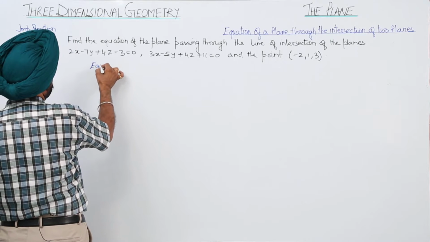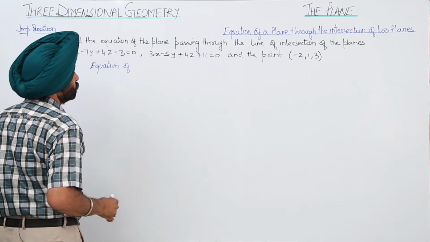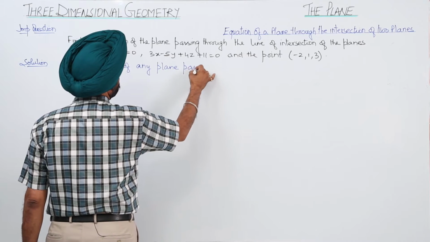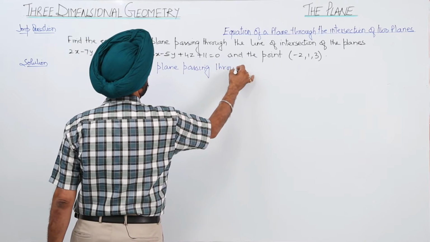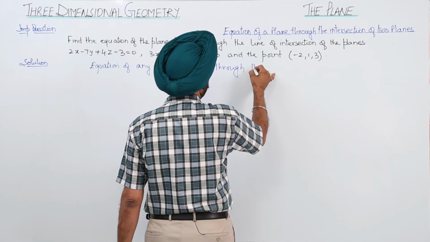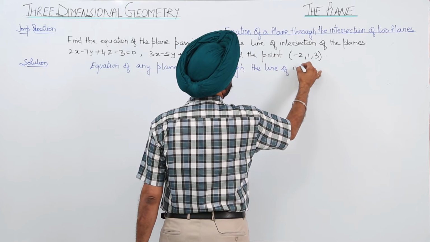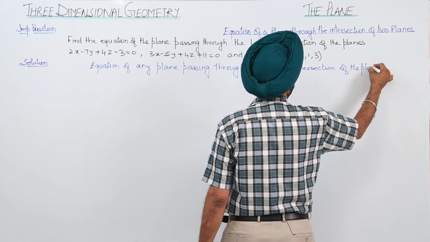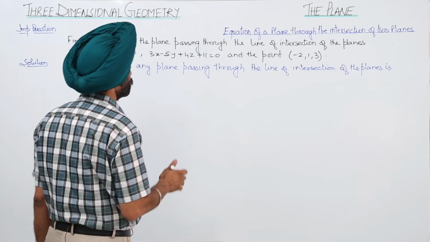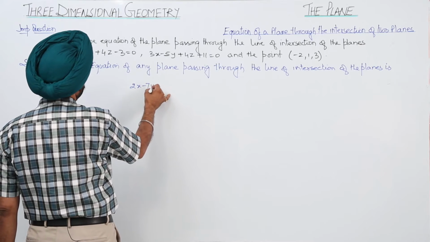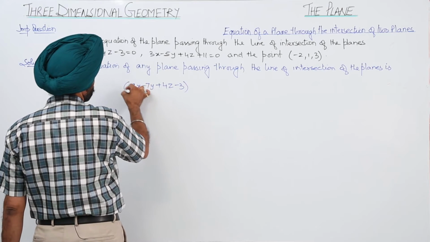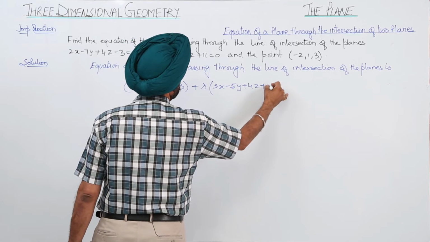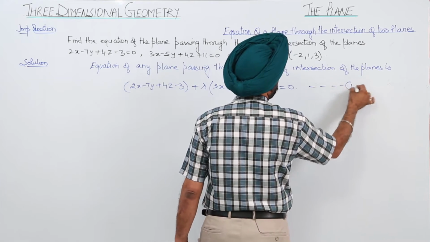The equation of any plane passing through the line of intersection of the planes is, now we are having two equations of the plane, so that is 2x minus 7y plus 4z minus 3 plus lambda times (3x minus 5y plus 4z plus 11) is equal to 0. Equation 1. Now,